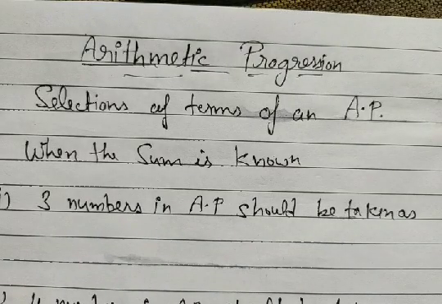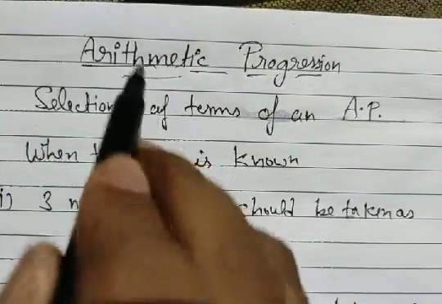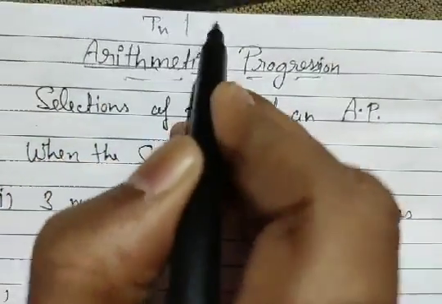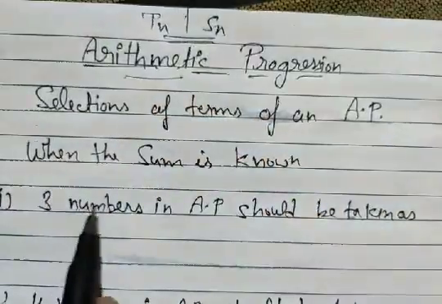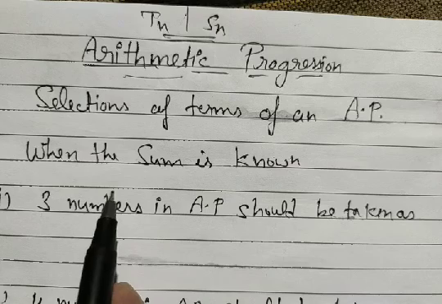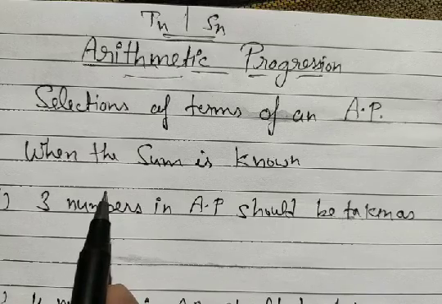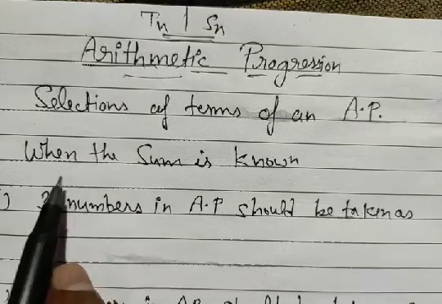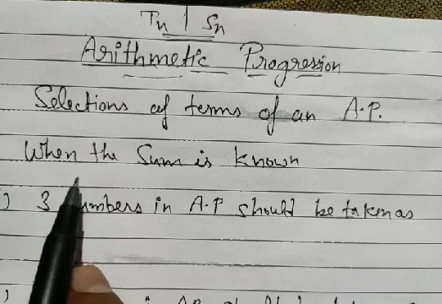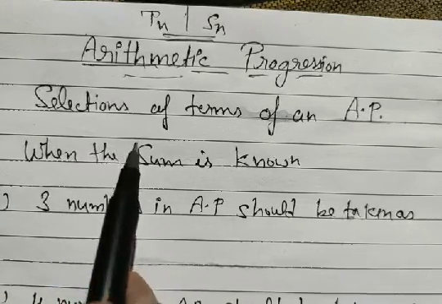Now basically we have read about all the topics, and the whole arithmetic progression portion is based on the general term formula and the sum formula. Yesterday we took one of the problems. In one of the examples, when we have to take three terms of an AP, I took the terms like a minus d, a, a plus d. Today I am going to explain the given topic with some examples.